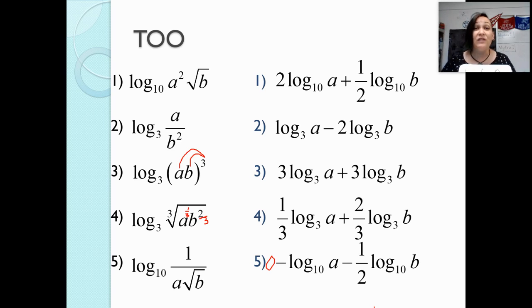Okay, so that's it for today. Today we're just going to be expanding, so taking a single log and splitting it into multiple logs. Tomorrow we'll work backwards. We'll take multiple logs and we'll squish them into a single log. Until then,